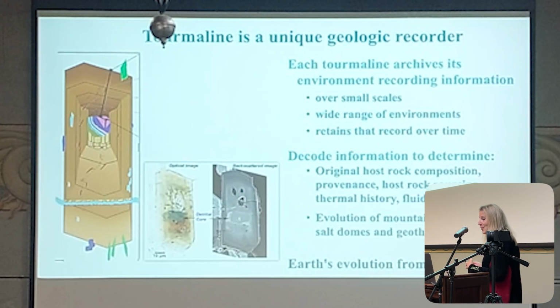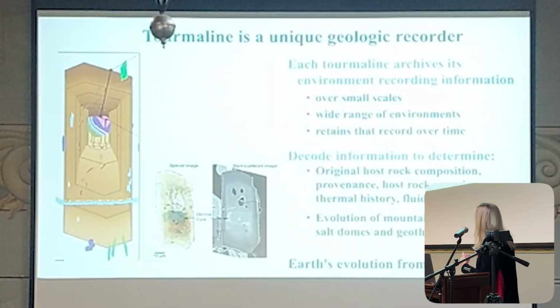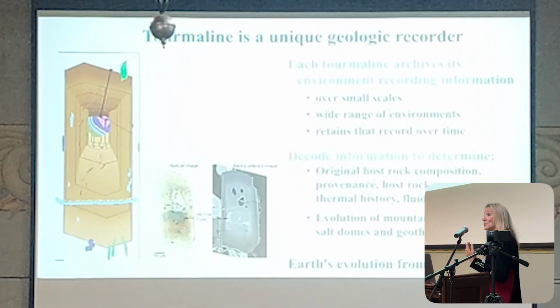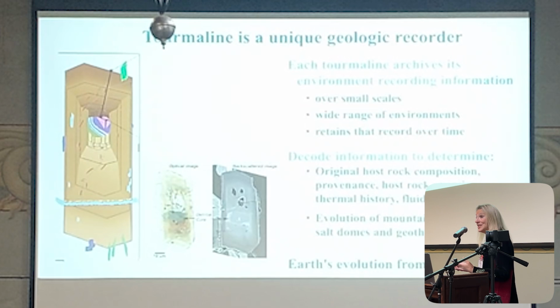So in summary then, I hope I've shown you that tourmaline is a remarkable and unique geologic recorder. In each tourmaline, it archives information often through its entire geologic history. You can have a detrital core through numerous overgrowths and metamorphism, fracturing and infilling, and then uplift and erosion again. So now we've been able to begin to decode some of this chemical signature that we've seen in tourmalines, from the original host rock composition, which allows us to source rocks and understand the evolution of continents,